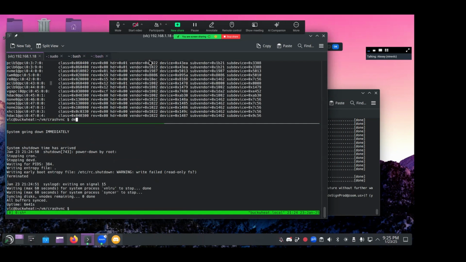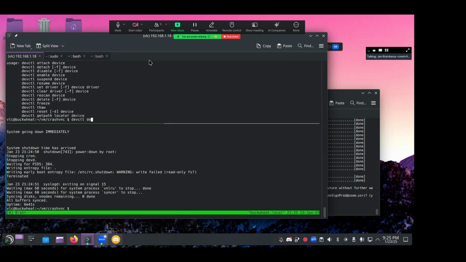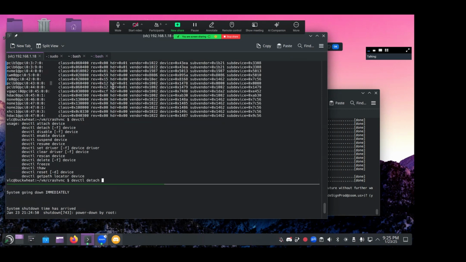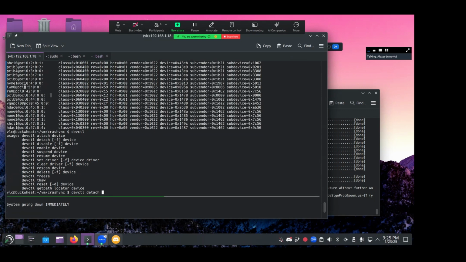Okay, devctl. Yes, detach. And then the device. The device was this one.